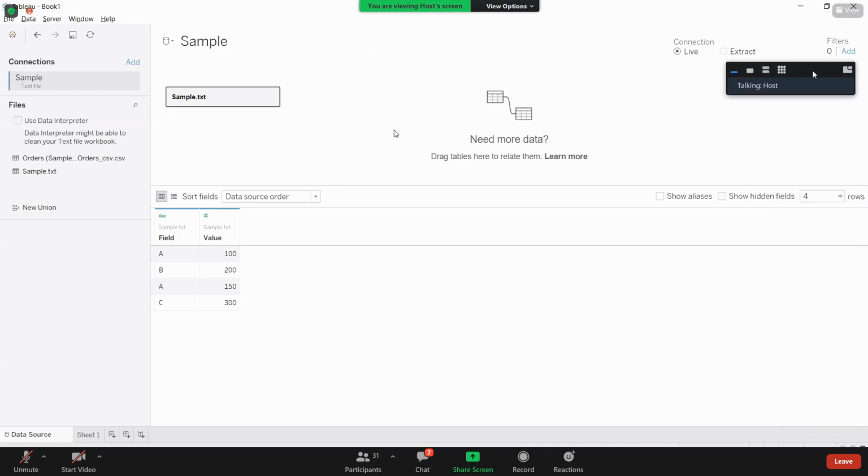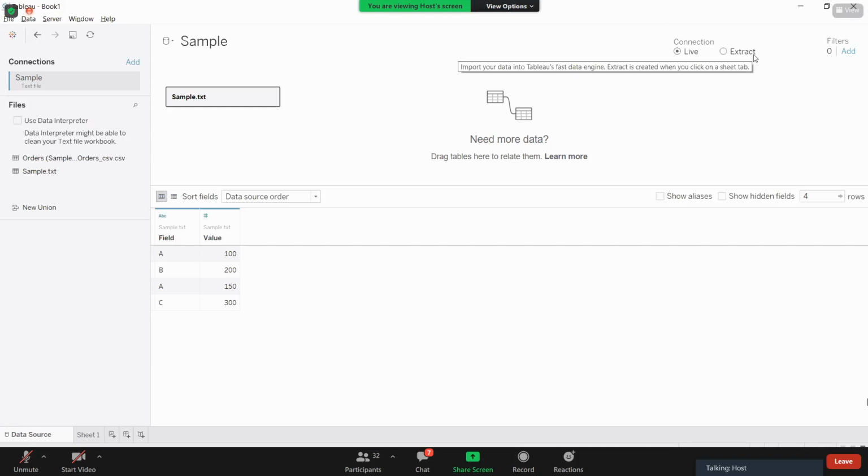What is this place called? This is the Tableau data source canvas. So here is the place where you bring your tables, you perform your joins, you define your relationships, and whatever data is available under your table will be showing here. The data preview will come here. And on the data, we perform something. So that is about this live and extract. On this data, we define the connection types, that is about this. And we even apply some filters on the data, that is about this.